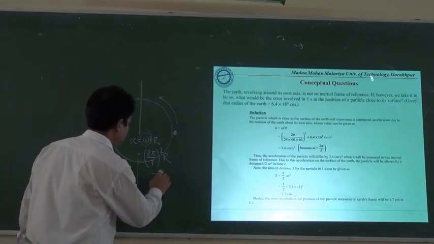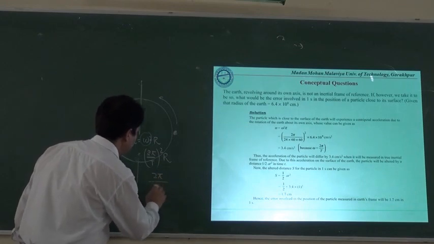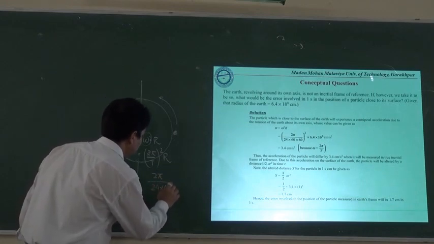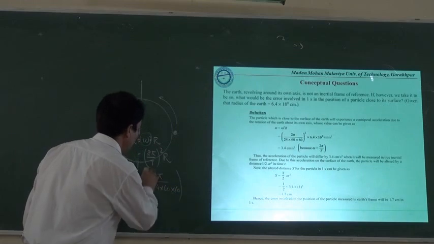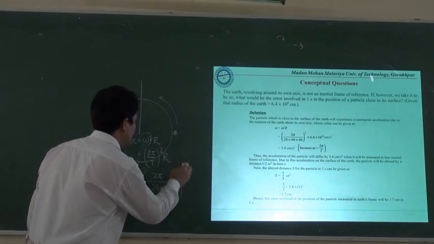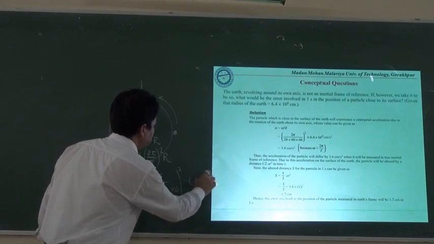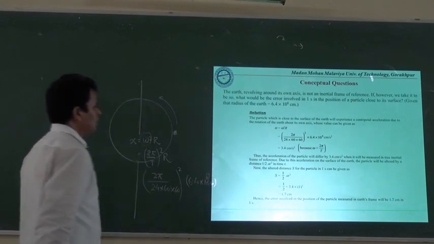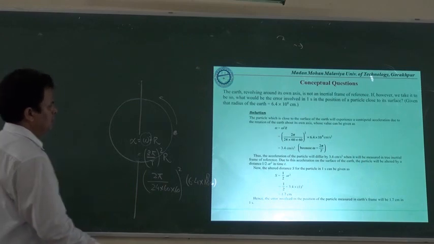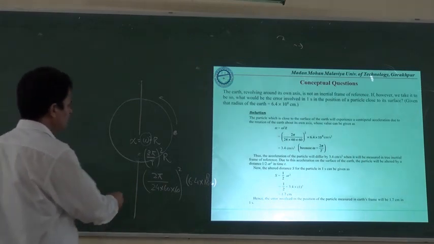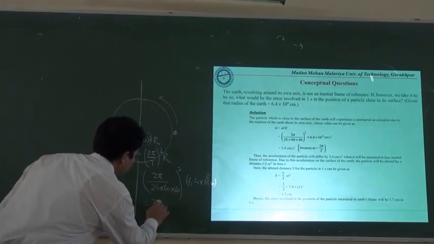That's why we write it as 2 pi upon 24 multiplied by 60 whole square multiplied by 6.4 into 10 raised to power 8 centimeter. This when we calculate, then this value will be equal to 3.4